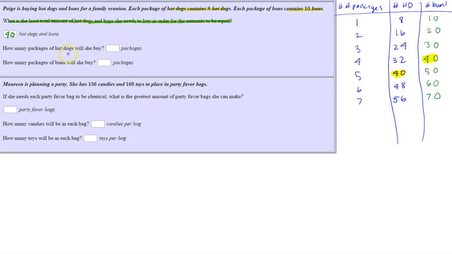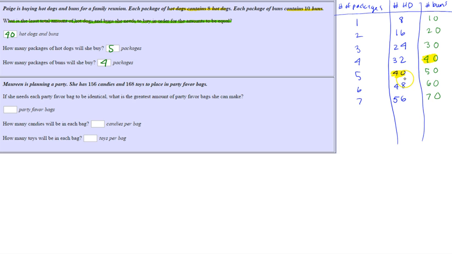How many packages of hot dogs will she buy? Well, 40 hot dogs corresponds to 5 packages. How many packages of buns will she buy? Well, 40 buns corresponds to 4 packages of buns. Okay. And again, this is the least amount of each she can buy in order for the amounts to be